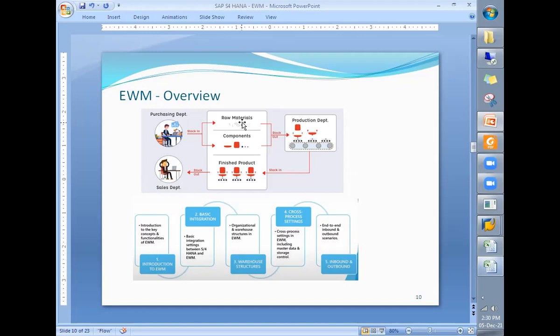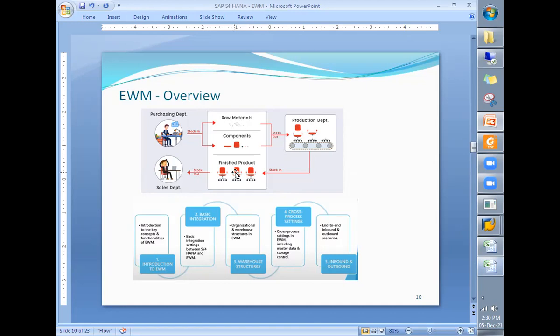So you can see here all the inventory management is done, which starts from receiving the goods till goods issue. Here raw materials and components are received, and then as per the production department, they take these raw materials and components and produce the finished product.